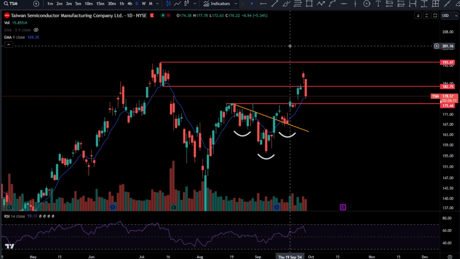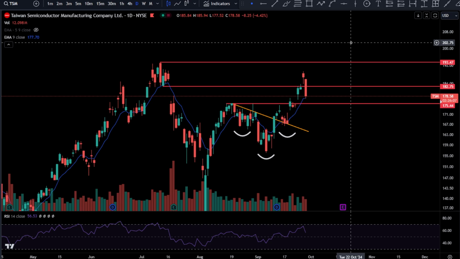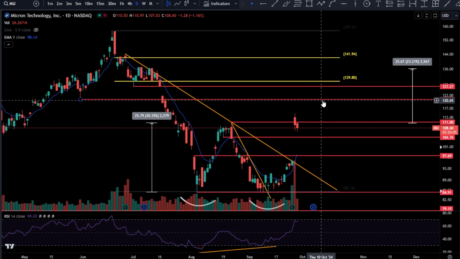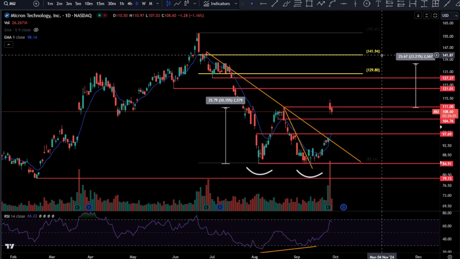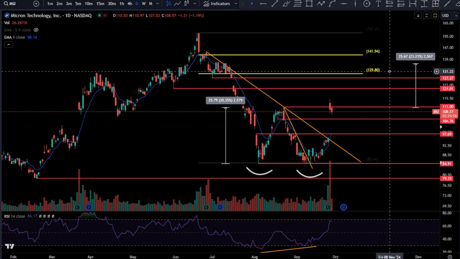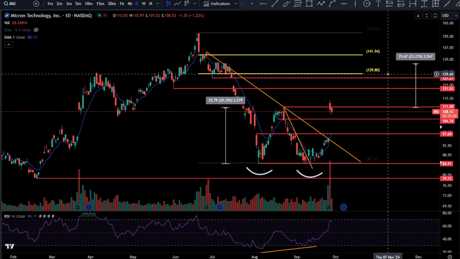I love not having to stress, and I say it all the time: increase the time on your contracts and you're going to increase your win rate. Just how it goes. All right, MU. Why do you increase the win rate? First of all, most of your emotions get taken out of it. If you know your system, you've done your backtest, and odds are in your favor when you pull the trigger, so what if it dances around a little? You don't have to worry about the theta if you have time on them.